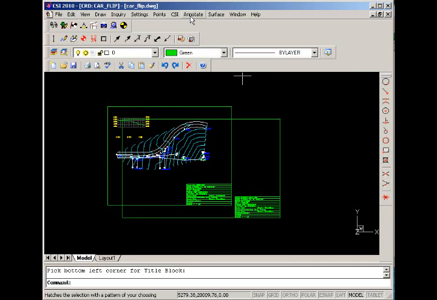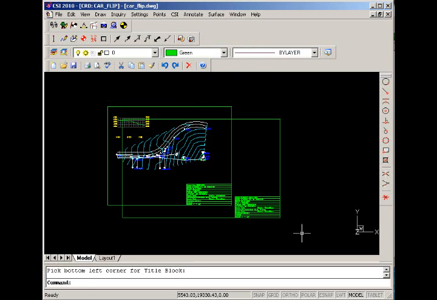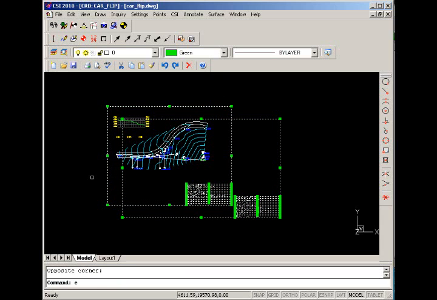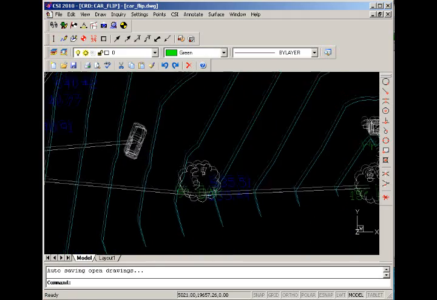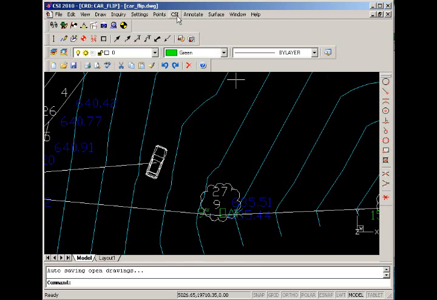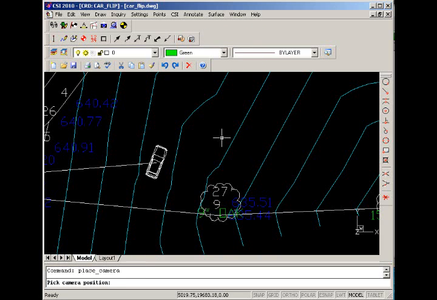Next, we're going to highlight some of the image capabilities in CSI. We have some ways of placing images onto the map by attaching them to entities or by placing a camera symbol in the drawing. So let's erase these title blocks by highlighting them and then pressing E for erase. And let's zoom in a little tighter here over to this tree symbol. So I'm going to place a camera in the drawing right about here to look at the tree,